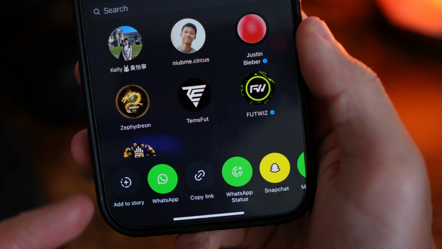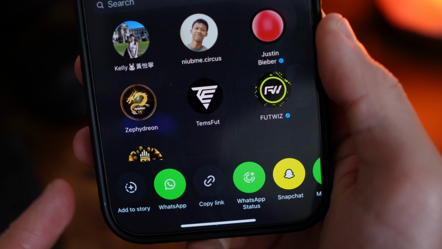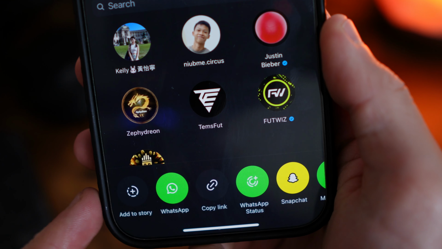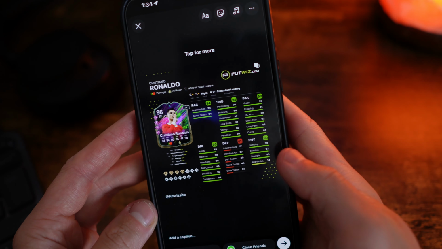Once you do this, you will now see an option for add to story in the bottom left hand corner. If they've changed the settings on their post, you might not see this, so keep that in mind. But then you can click on add to story, and then as you will notice, you will then be able